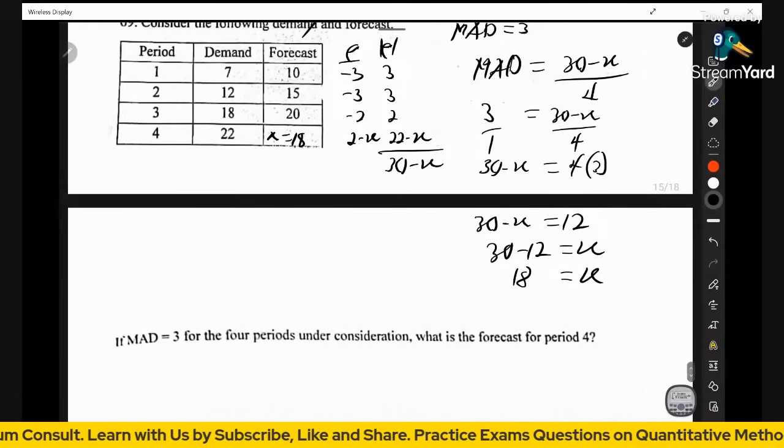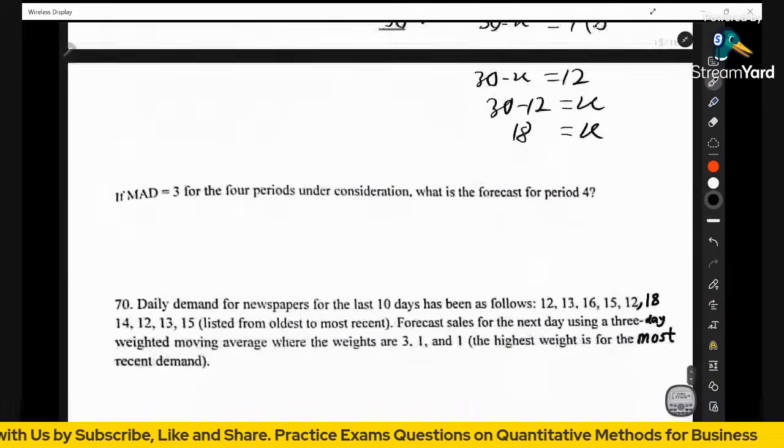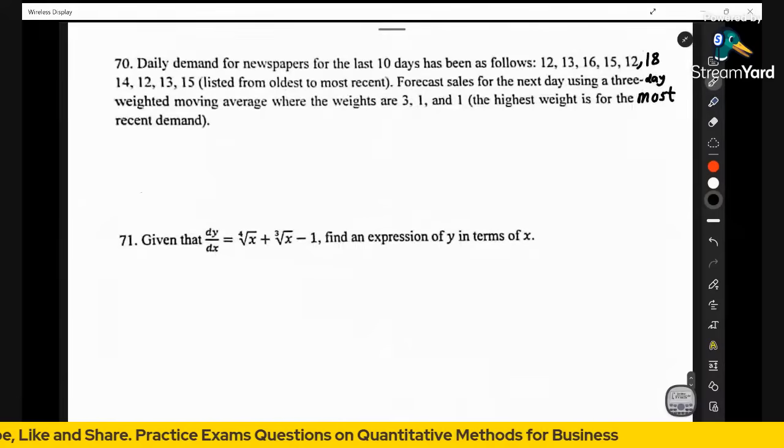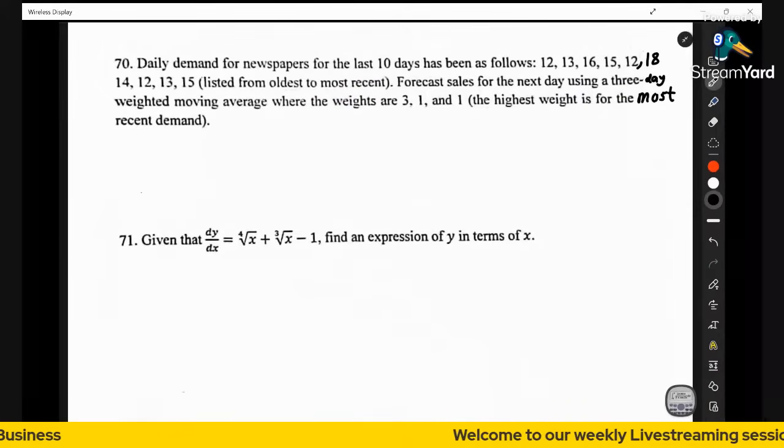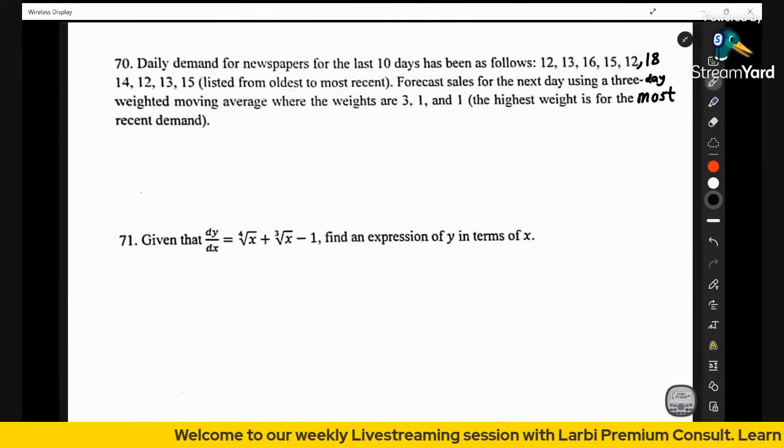That's the forecast for week 4. So let's take note. Question 70. Daily demand for newspapers for the last 10 days has been the following, listed from oldest to forecast sales for the next day using a 3-day weighted moving average, where the weights are